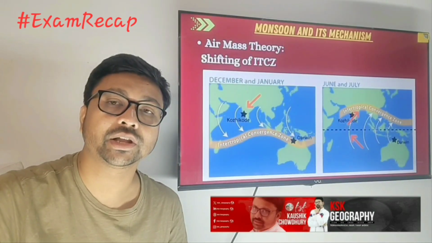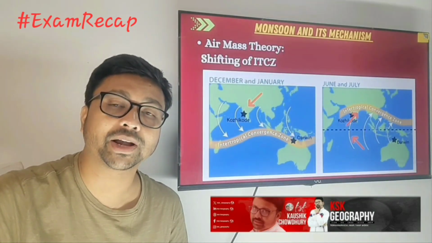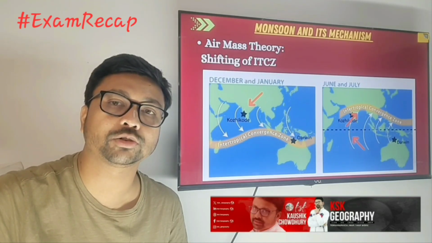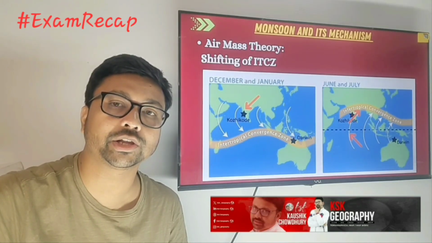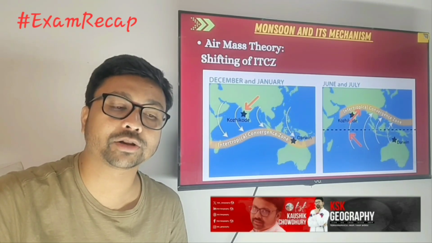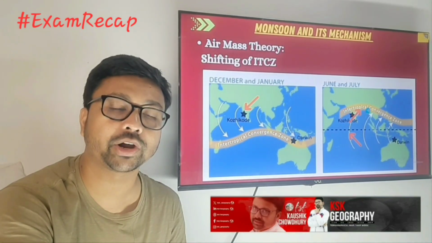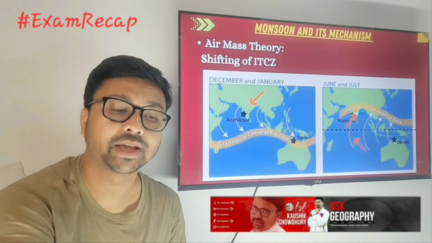Generally the ITCZ will be on the equator, but as per the vertical sun position, during summer it will shift toward the northern side, and during winter it will shift toward the southern hemisphere. So during summer, when it shifts to the northern side, the ITCZ will be located over the Indian landmass like this, and